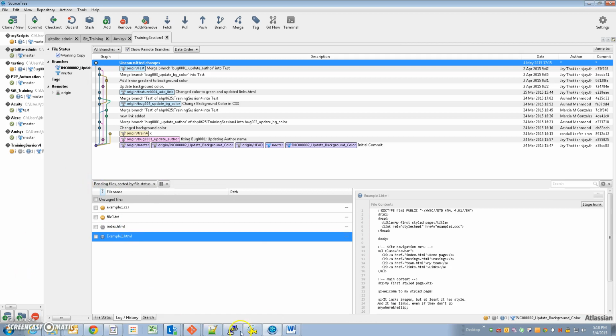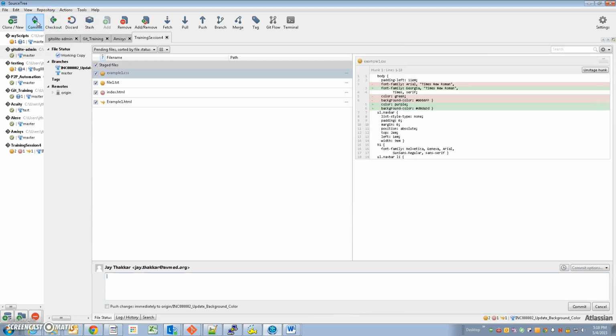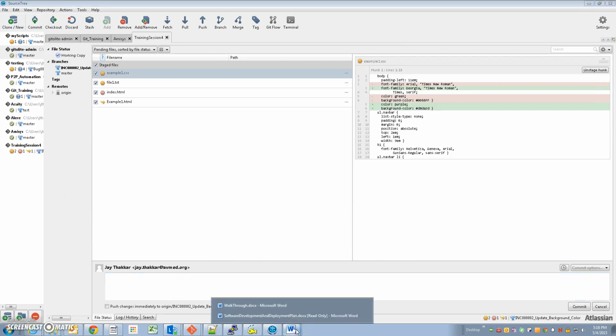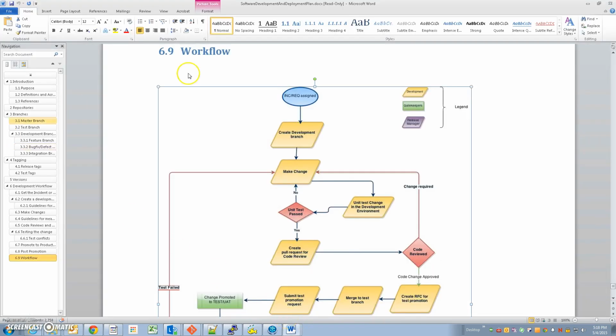Okay, and now we are happy with our changes and we are happy with the way the repository looks. So we're going to say, okay, stage these files to my staging area, and I'm ready to commit these changes to the repository. Now at this time I want to quickly point to the development and deployment process document, and within it